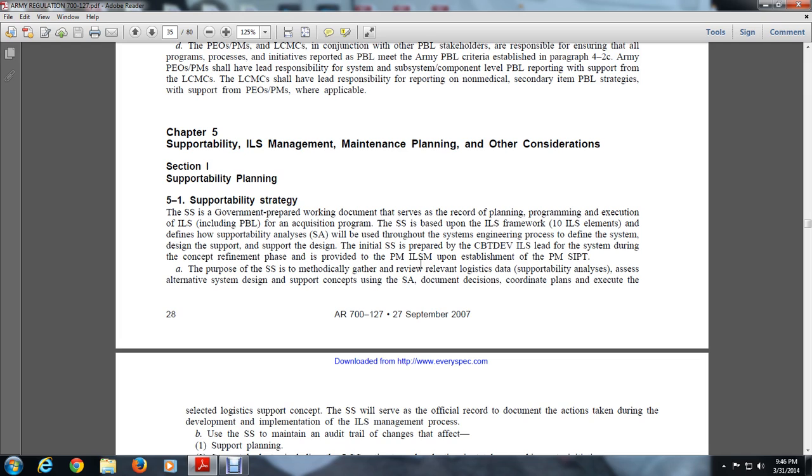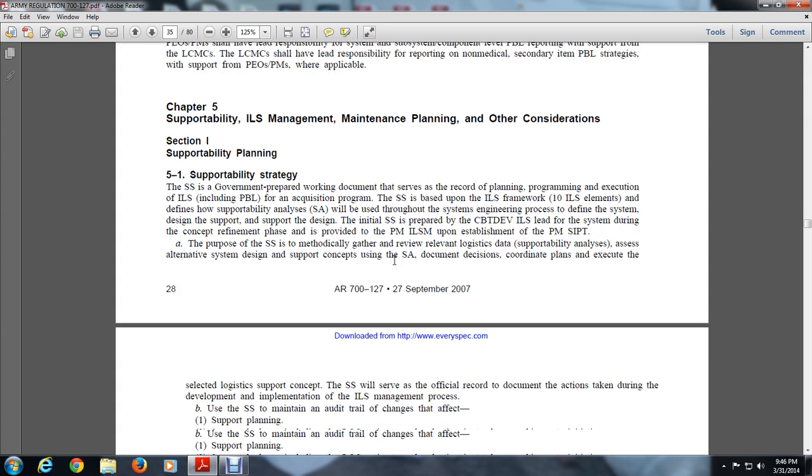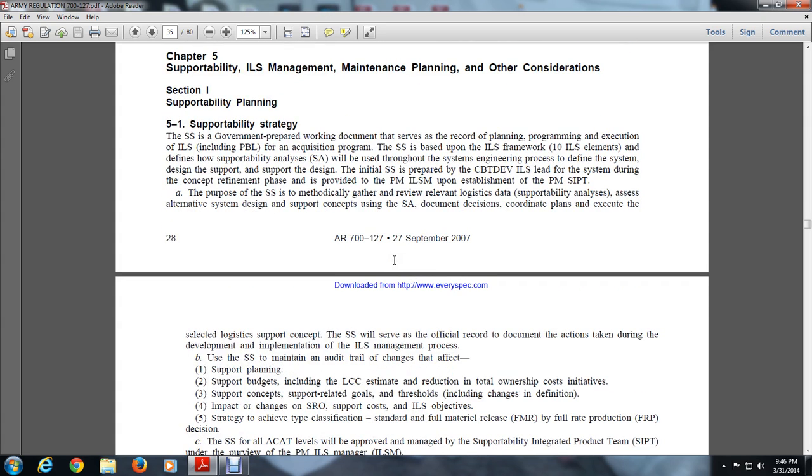The proposed support strategy is methodically gathered, reviewing relevant logistics supportability analysis and assessing alternative system design and support concepts, with supporting analysis and documentation. The decision is coordinated and executes the selected logistics support concept. The supportability strategy serves as an official record of documentation of the actions during the development, implementation, and integrated logistics support management process. B. The use of the supportability strategy maintains the audit trail of the changes and their effects on